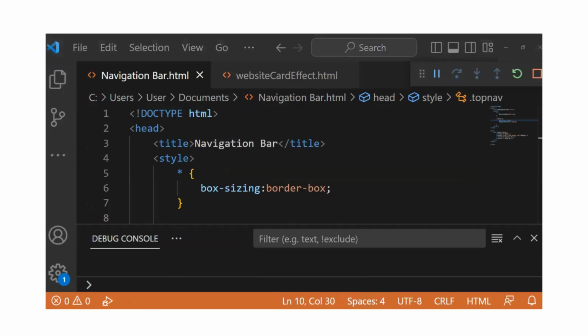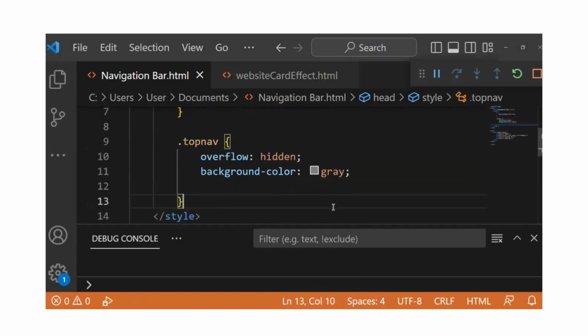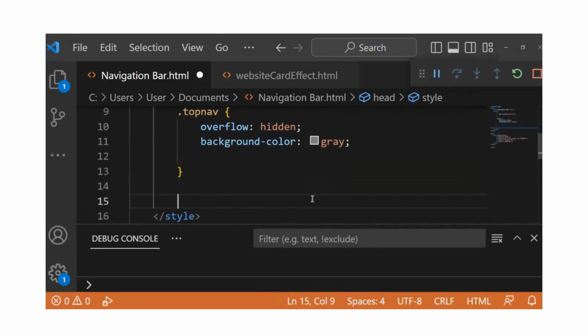The next thing we're going to define will now be the links. The links will be inputted in the HTML, right? So we're going to say